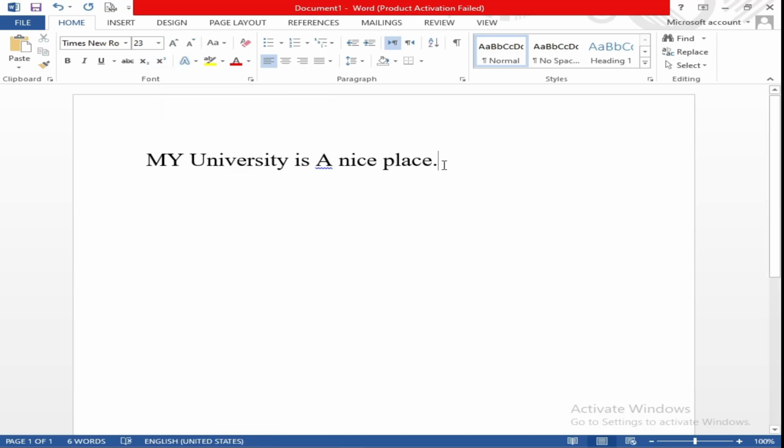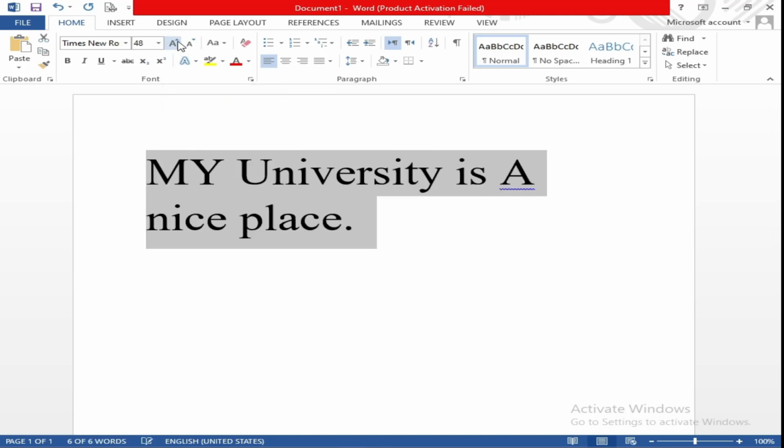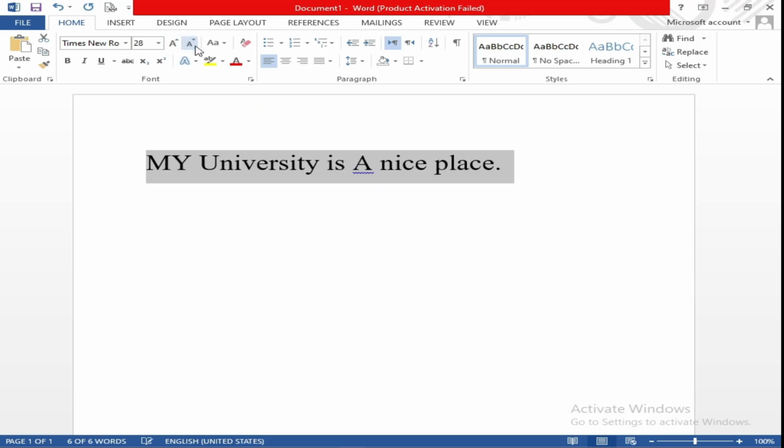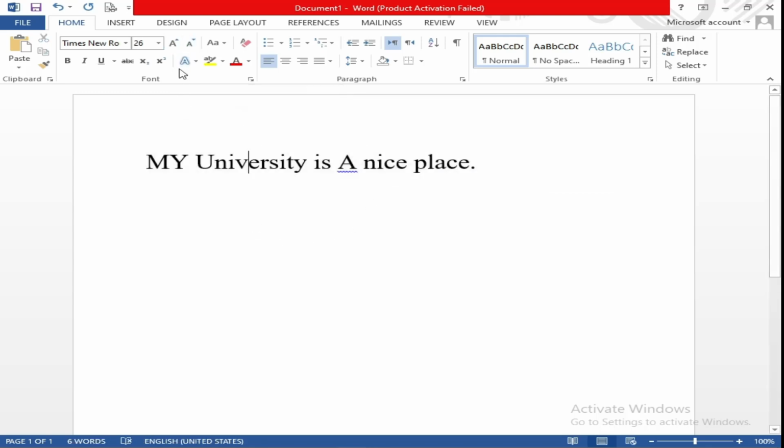After that is the same tool, the size changing tool. The capital A and upward arrow shows that you can increase the size from here, and the downward arrow or small a will show that you can decrease the size from here. After that,